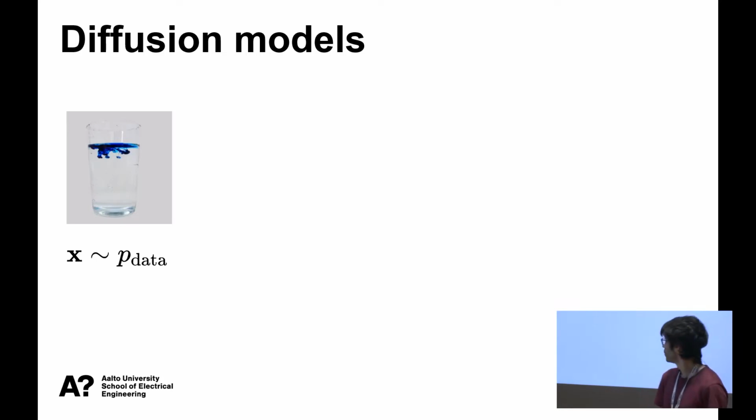So I don't know how many of you may be familiar with diffusion models. There's no time to do a proper introduction, but I can try to give you some high-level understanding, I guess, or intuition. So just imagine that this blue ink in the glass is the data distribution that you want to model. You can just model it in a direct way, but this is pretty hard. You can do it with GANs, for example, but this is a hard way of doing it. And what you can do otherwise is you can